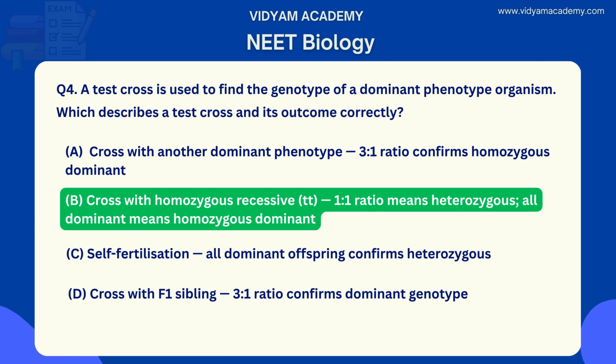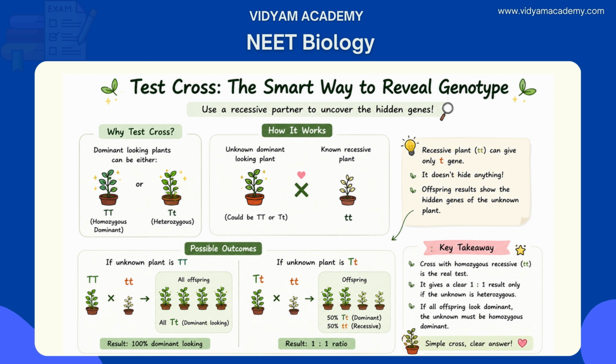All dominant means homozygous dominant. Let's see why and how. A dominant phenotype organism can be TT or Tt, both look identical externally. Crossing it with the homozygous recessive reveals the hidden genotype because tt contributes only t alleles, unmasking whatever the unknown